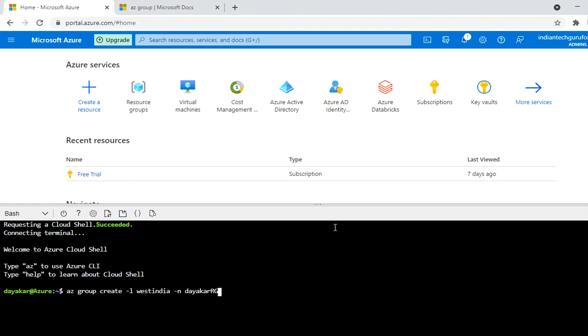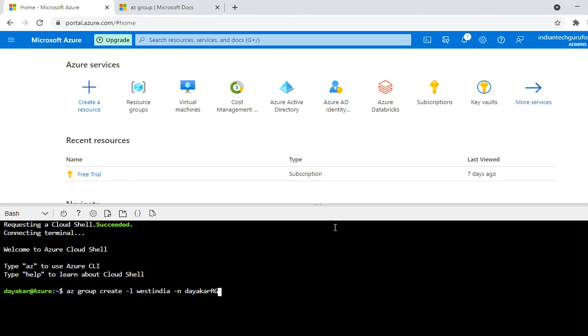That's it. So like this, we need not remember the commands for bash shell. Just go through the Microsoft Docs, you will have the syntaxes, just copy them and change accordingly.